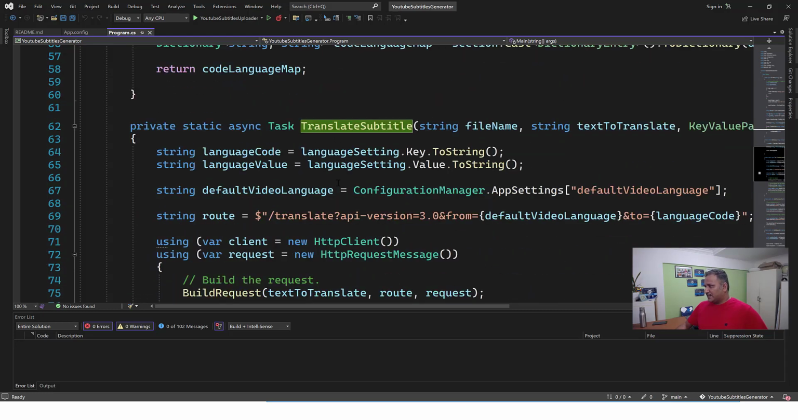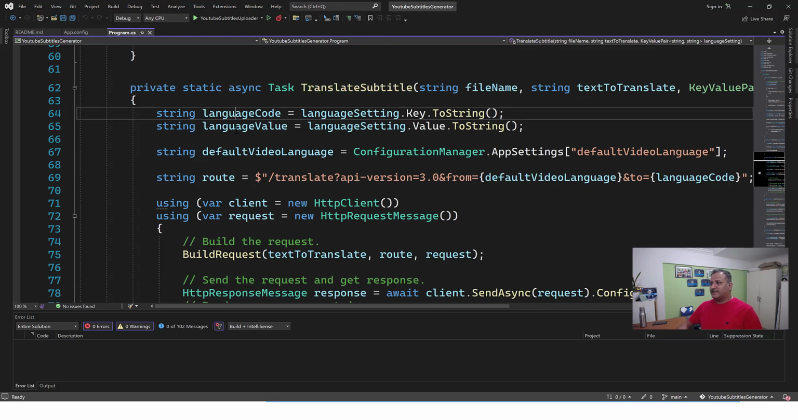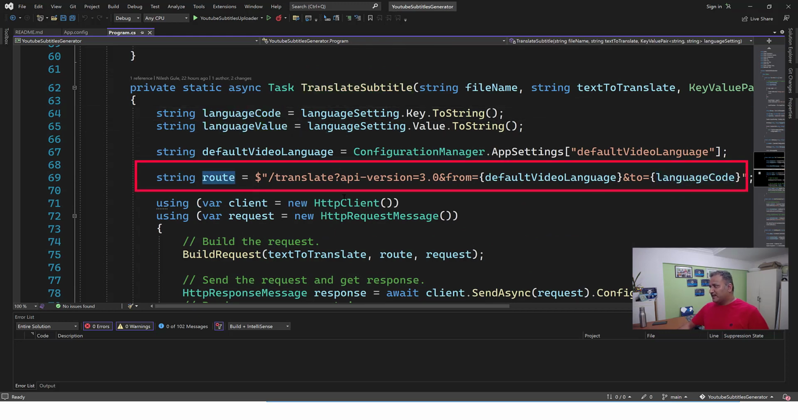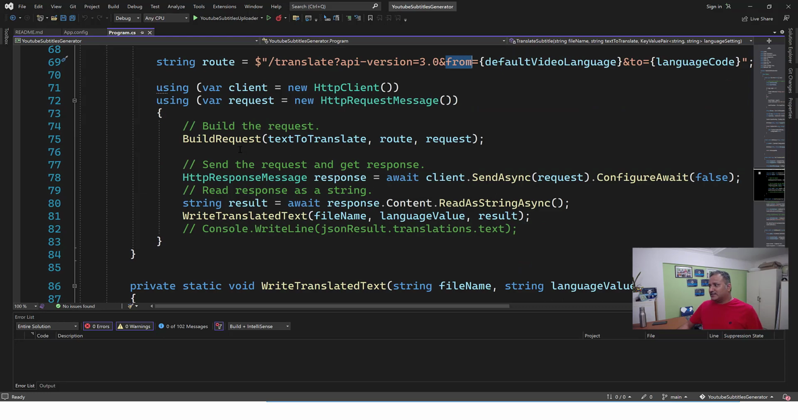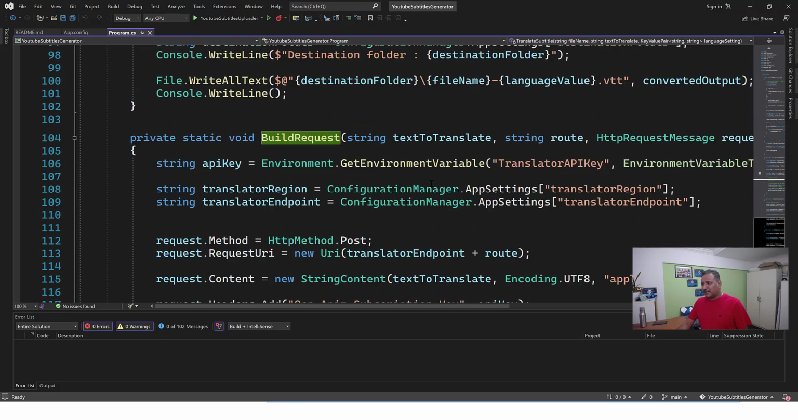Now the translate subtitle method goes and deciphers the language code and language name. Then we build a route, which is translate.api. We pass the version 3.0, and it requires the source language. This is the default video language which we specified in the application configuration. Then we create an HTTP client and build a request, and in the request we need to pass some additional